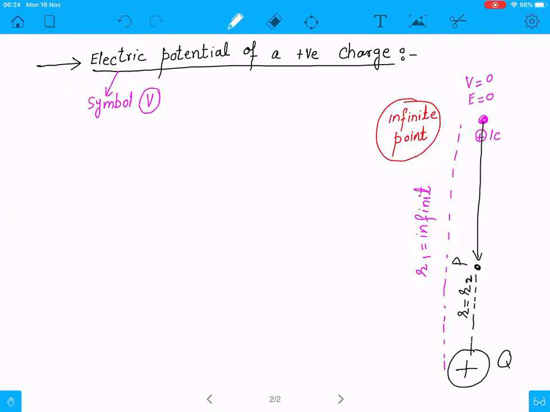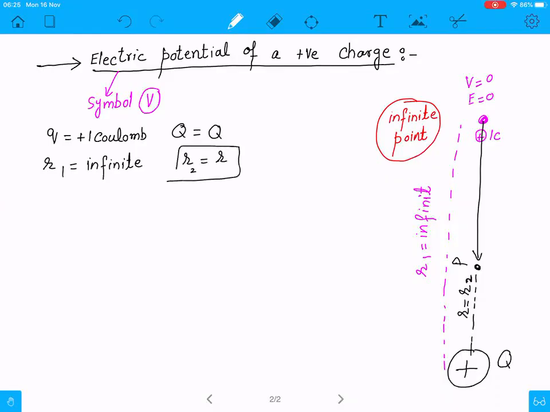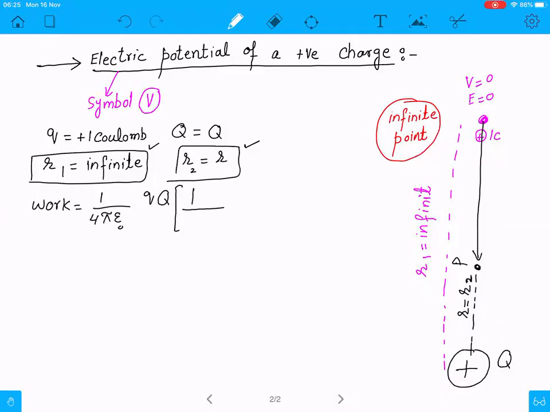And smaller r here represents R2. So if we calculate electric work in the given situation, we should know that smaller q is +1 coulomb, capital Q is capital Q, R1 is infinite, R2 is R. Now if we substitute the values, it would become work is equal to 1 over 4 pi epsilon naught smaller q capital Q into, it's a case of repulsion here, so it will be 1 over R1